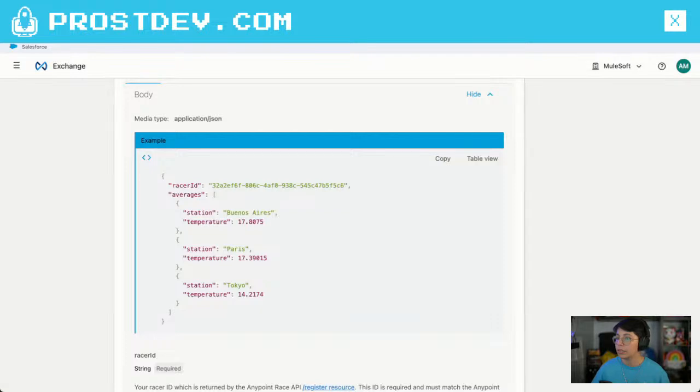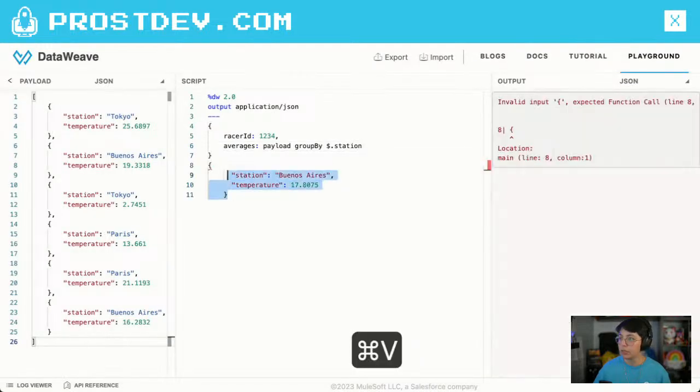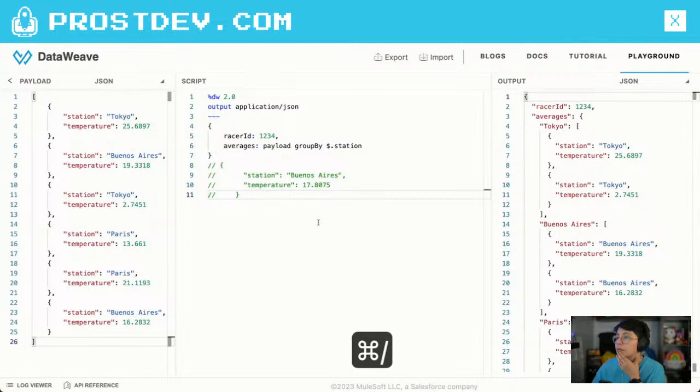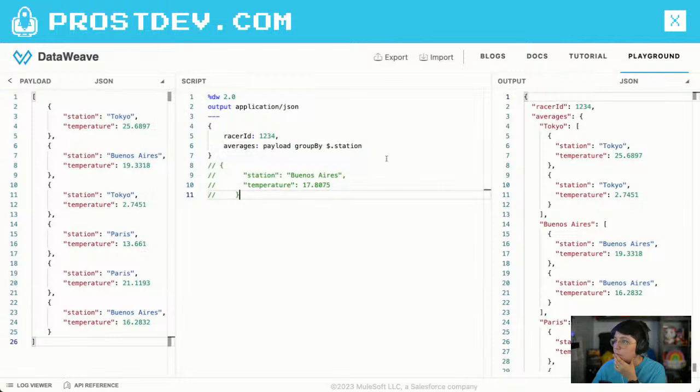So we want to have an object of station and temperature. Let me put it here. So inside averages, this is an array, right? Yeah. Group by station. And then what? And then for each station, we want to get